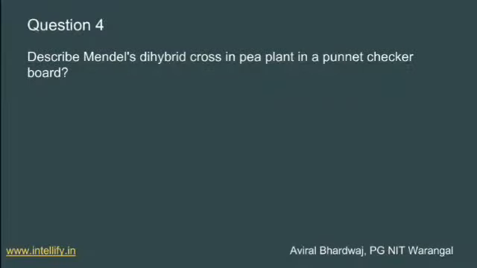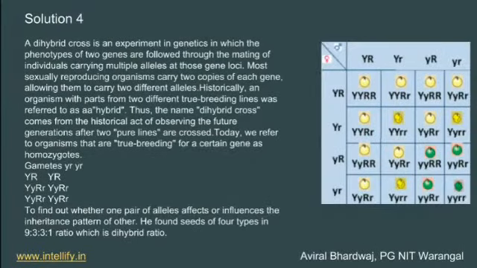Next is: describe Mendel's dihybrid cross in the pea plant with a Punnett square checkerboard. It is a main question for biology class 10th. So there is a breed combination YYRR on the right side of the diagram, YY small rr small, and YyRr. So there is a breed table. Learn this table. Basically a Punnett square scores the experiment in the genetics phenotype of